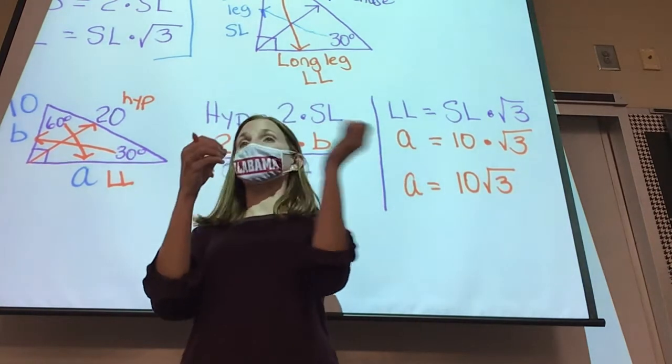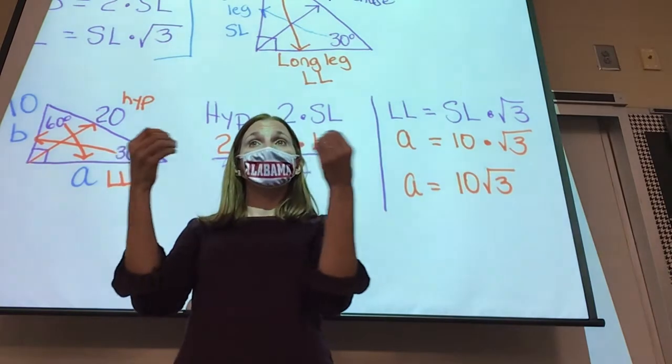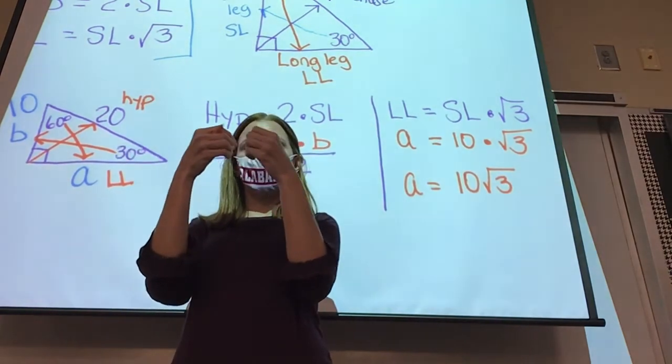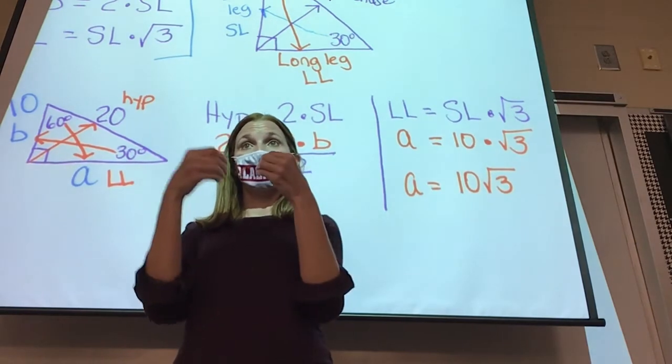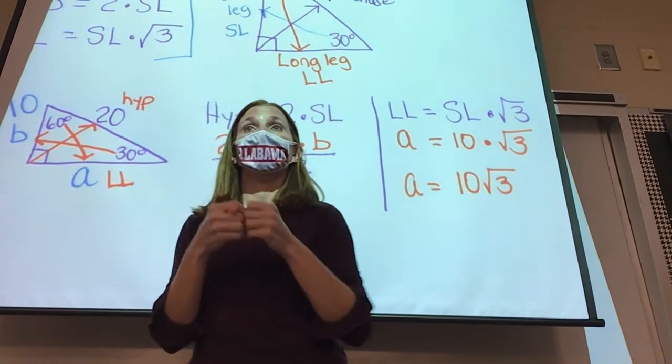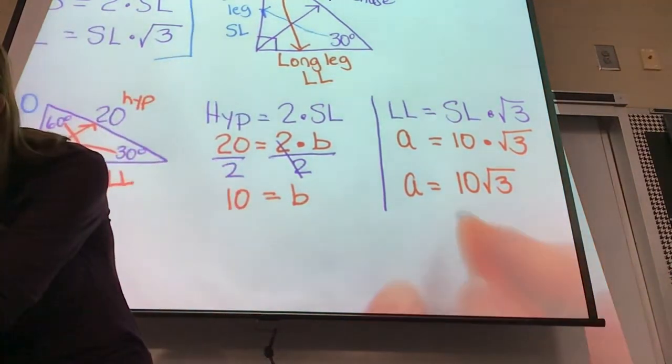They don't get pulled. The 10 doesn't get pulled under the square root. The 3 doesn't get pulled outside. They just get pulled together and they stay exactly the way they are. 10 stays on the outside and the 3 stays on the inside. So it just stays like that. That's cool. And that is called